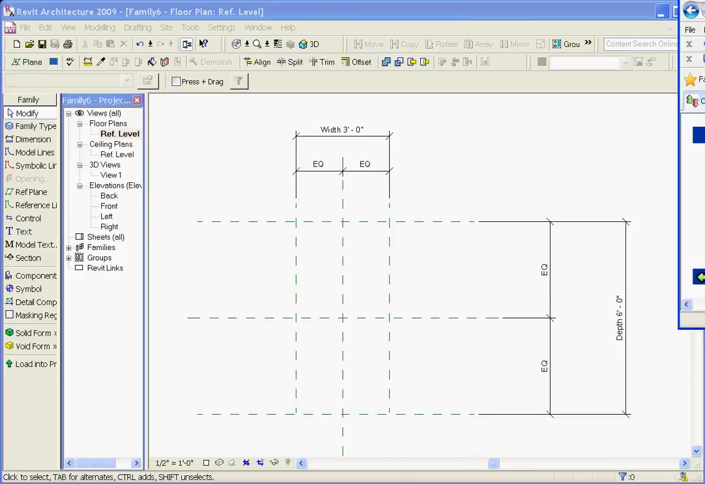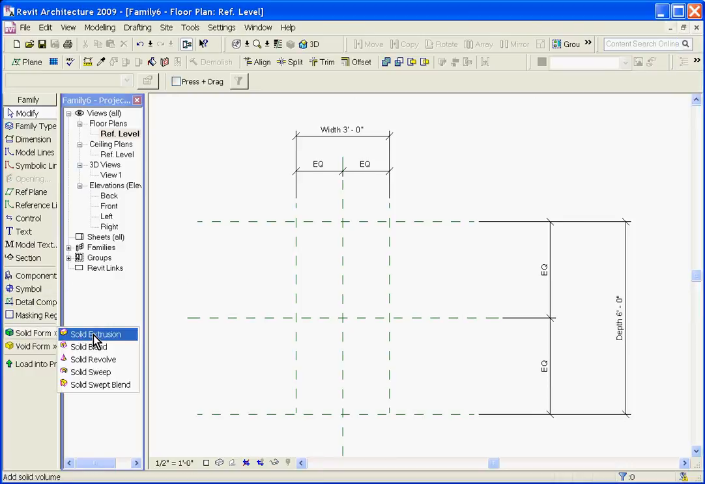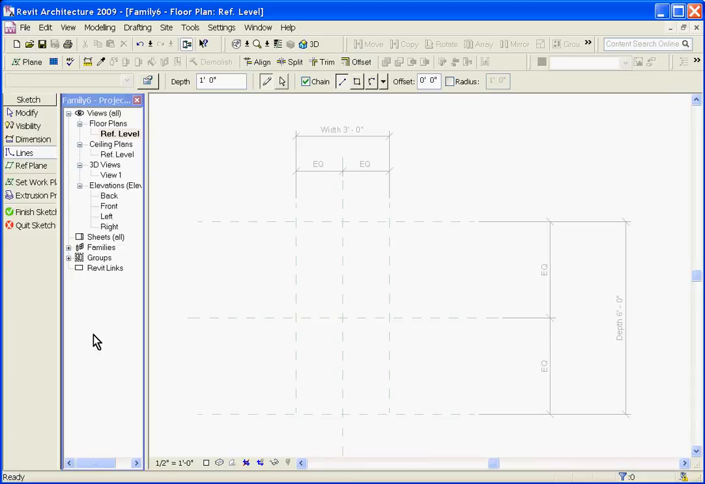And so to create the geometry of our box while in the floor plan, I'm going to go to the solid form extrusion tool. This will let us create a solid form box. So in the tool tray to the left, choose solid form and choose solid extrusion. Doing this brings me into a sketch mode, which is just like the sketch mode for a floor object or a roof object. Using the tools at the top in the option bar, I'll choose the rectangle tool,